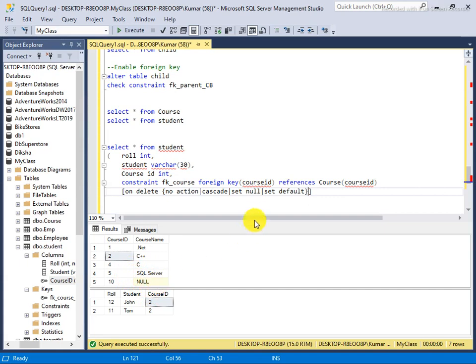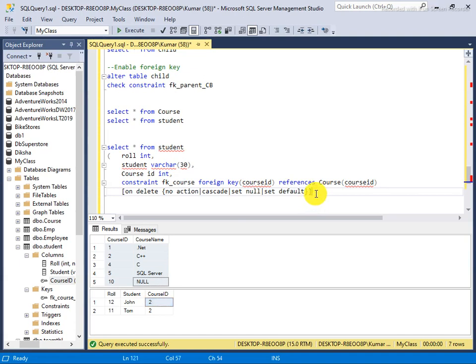So the same thing, if you say set default on delete, like if I delete 5 or if I delete 2 which is being referred here. So I set in the creation of the foreign key, then if I delete this 2 from the parent table, this would be Java itself, because I set in foreign key creation, it would be set as a default. So default already in the creation of the table I set, so it will take. But keep in mind, set default comes from the parent table. Okay, so you need to set default in a parent table at the time of the creation, so automatically it would be Java.